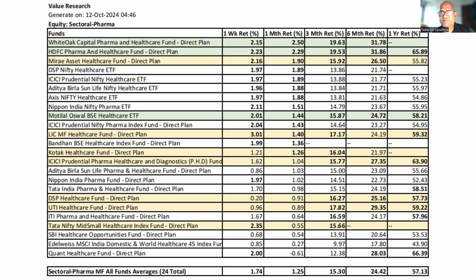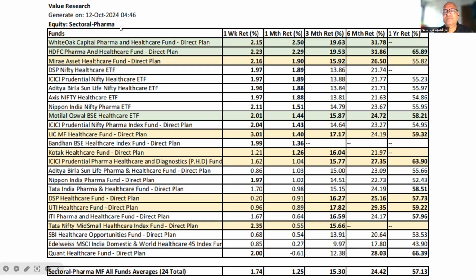And for this except one, another concession is given if between 1 week and 1 month return, any one is above average, both are considered above average. Because we should not get stung too much by short-term returns variance between 1 month and 1 week, at least for amber is the consideration here. But for green, we want to keep the rules very rigid. So let us look at the green ones first.